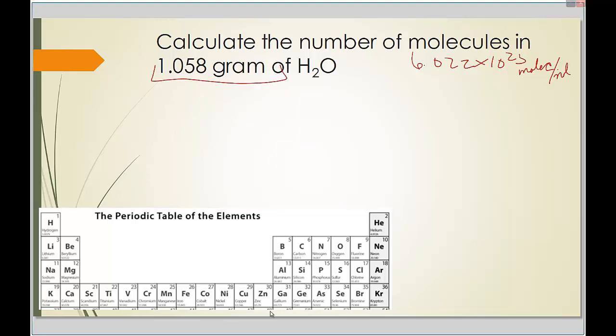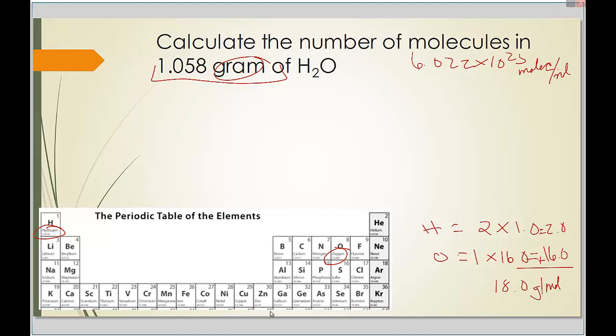So I have H2O. I have 2 hydrogens at 1.0, which comes out to be 2.0. And I have 1 oxygen at 16.0. So that comes out to be 16.0. I'm going to add those together, and that's going to come out to be 18.0 grams per mole. This is our starting number,